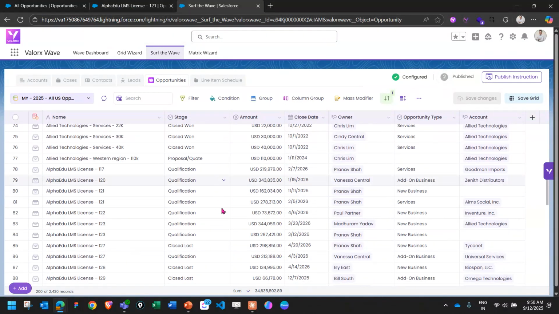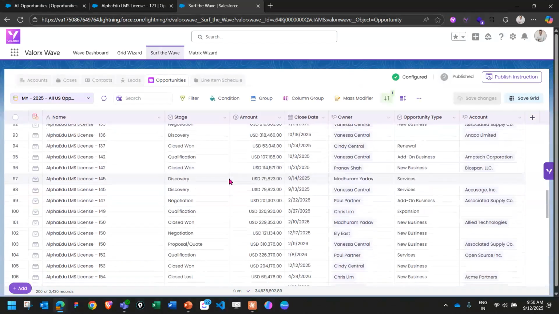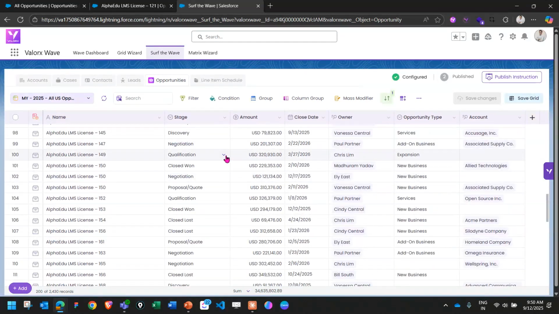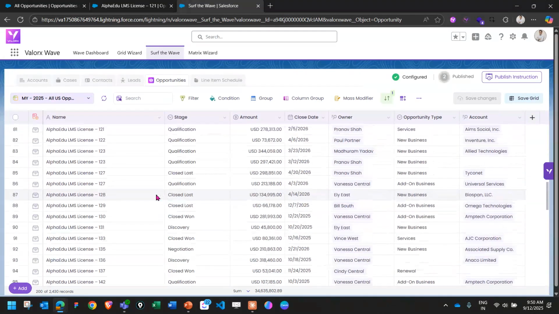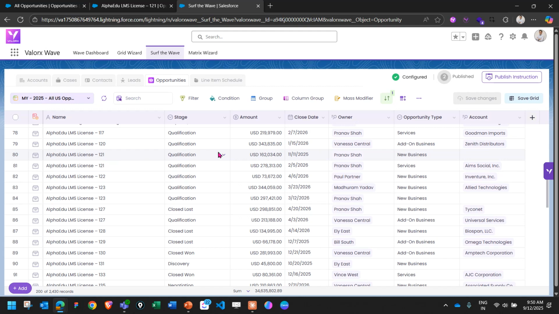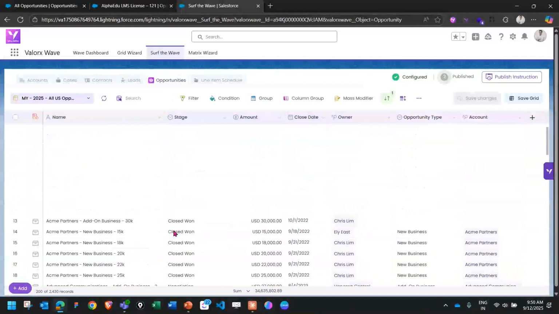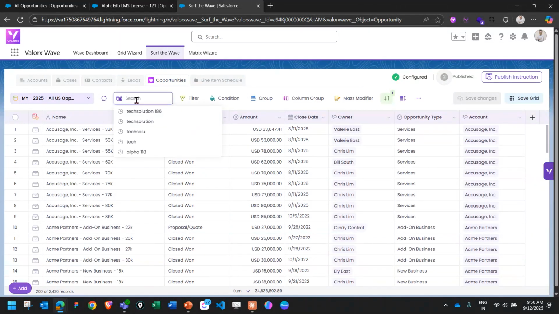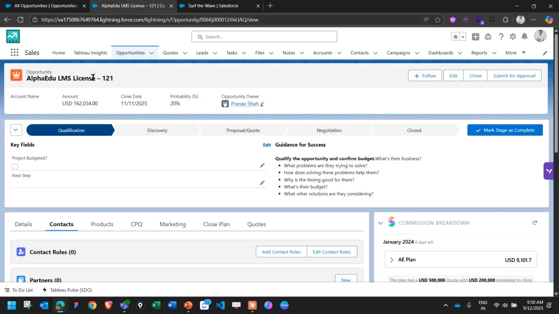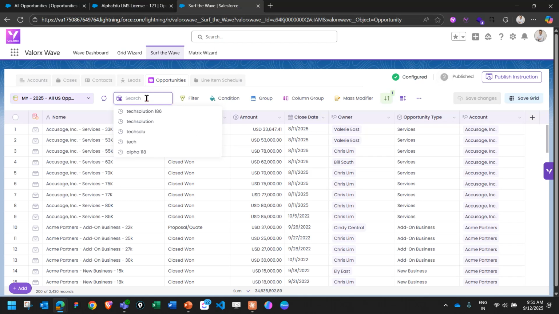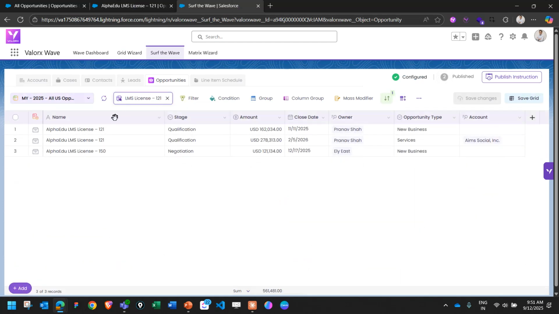So one way to find that particular opportunity is scrolling. This is 149, I'm looking for 121. So this is that particular opportunity which is there. So this is one way to find it. Other ways, we have a quick search feature. So let me just grab this, copy this, and if I paste it here, I will clearly see the opportunities,